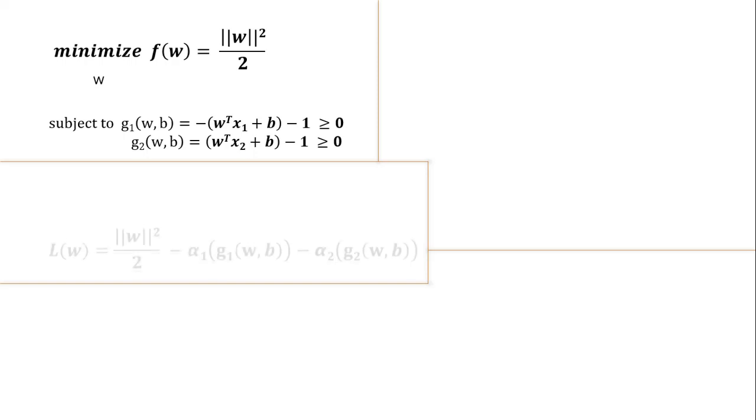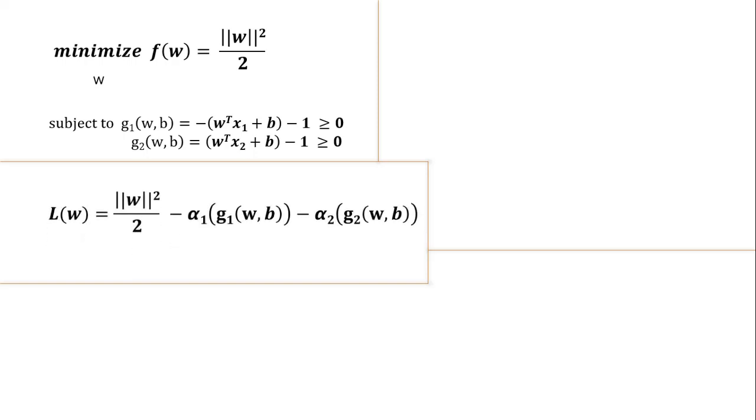So guys, we will multiply each constraint with alpha and add them to the objective function, so that we have to optimize the function with respect to the terms w, b and alpha for getting the results. Now we have the new objective function, that is half of square of norm of W minus alpha 1 times function g1 minus alpha 2 times function g2, and this will be subject to alpha 1 and alpha 2 greater than 0.